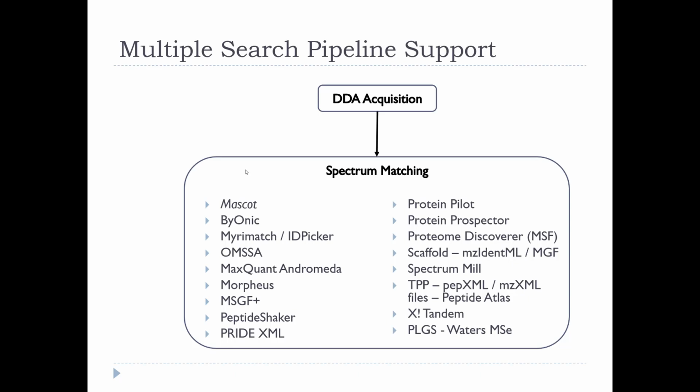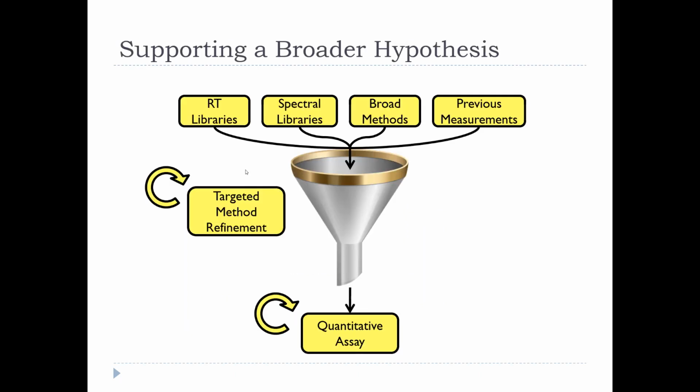So somebody was asking about, well, what if I'm just using SCIEX tools? Well, you can see that we support ProteinPilot, or we support MaxQuant Andromeda, and there's Spectrum Mill from Agilent. There's a whole lot of tools here that you can build these libraries from. But the bigger thing that I want to get across here is that,